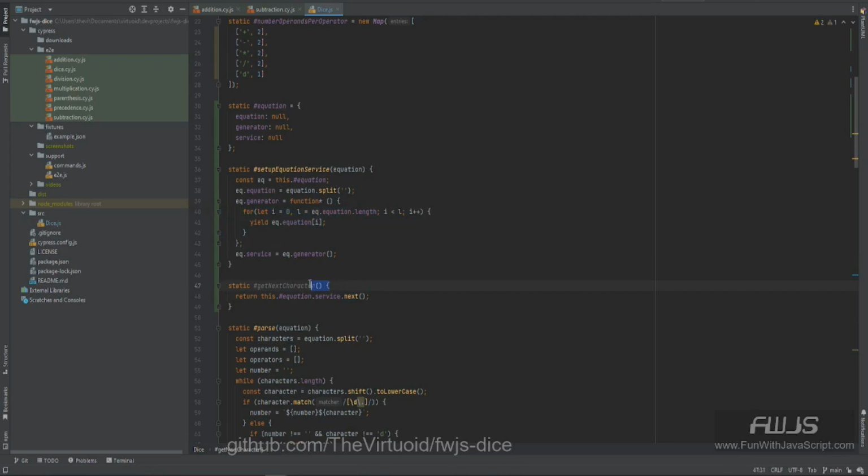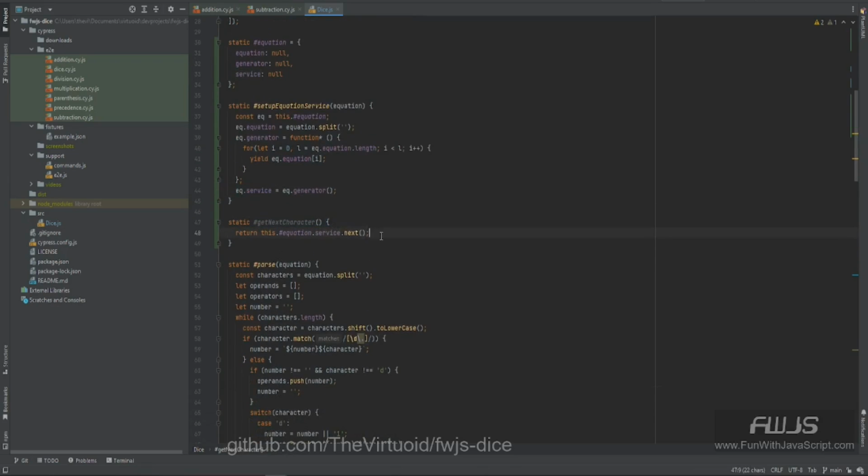This get next character is what all of our routines are going to call, and it's going to automatically call this next. And finally, this is what actually starts the generator up and running. When we execute the generator function, that puts everything into memory and gets it ready to go, and it's going to be inside the service. So when get next character calls next, it always calls it on the service, not on the generator function. The service actually holds the executed part of the generator function, and it knows what to do with it. So it's a little complicated here, but the whole purpose of this is that now